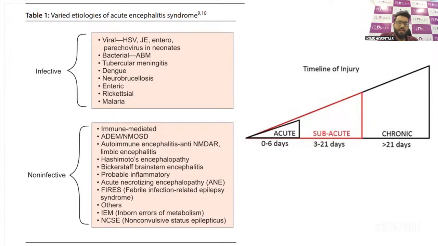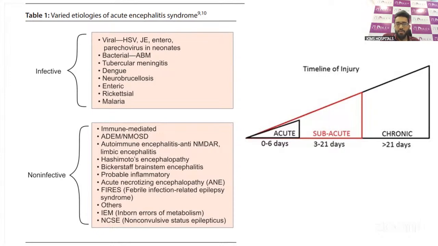And there's a typical group of infections wherein the timeline of illness is not very specific. For example, rickettsial fevers can have acute onset, subacute onset, sometimes even chronic onset. Malaria typically has acute onset. Brucellosis can sometimes have chronic onset. Cryptococcus typically has chronic onset. And